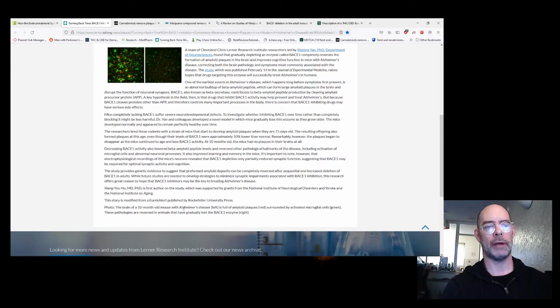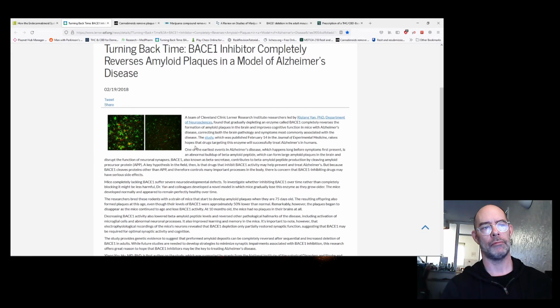Photo. The brain of a 10-month-old mouse with Alzheimer's disease, left, is full of amyloid plaques. Red. All the red bits are the amyloid. Surrounded by activated microglial cells, which are the green. I don't know what that is. These pathologies are reversed in animals that have gradually lost the base 1 enzyme. Right. The base 1 enzyme is the one creating the amyloid-beta. That's Mum's brain. That's what it could look like,